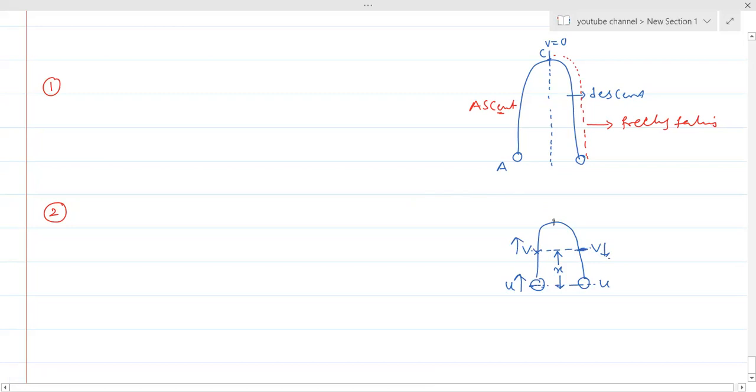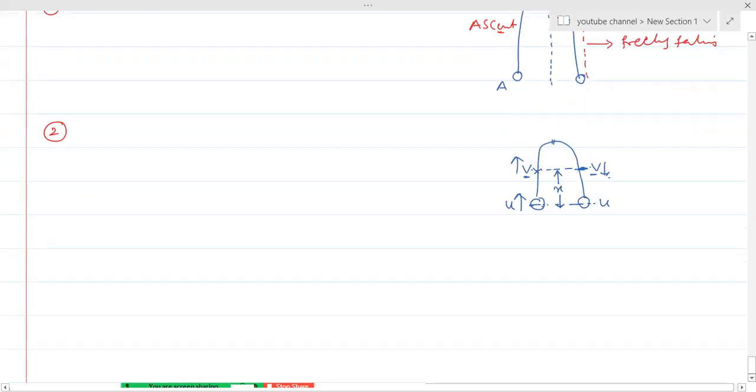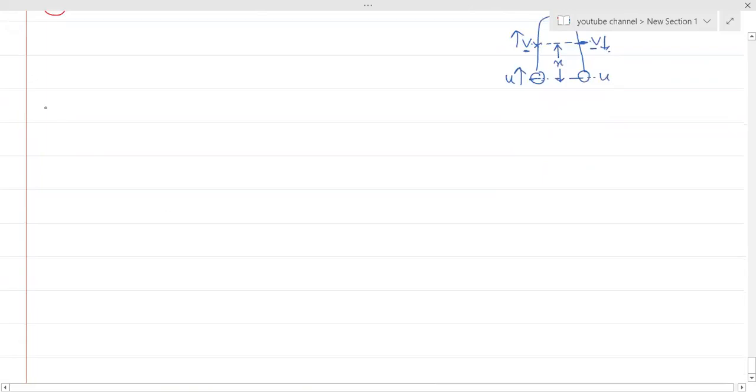So at the maximum height also, before reaching the maximum height, the velocity equals 0. After reaching the maximum height, again the velocity equals 0. So what we need to understand here is, if the question is asked in descent, we may think of ascent, and vice versa. If the question is asked in ascent, we may think of descent. In that way, we will understand.